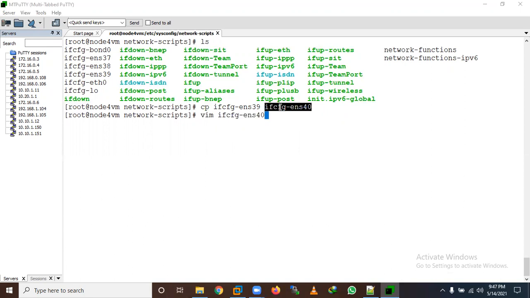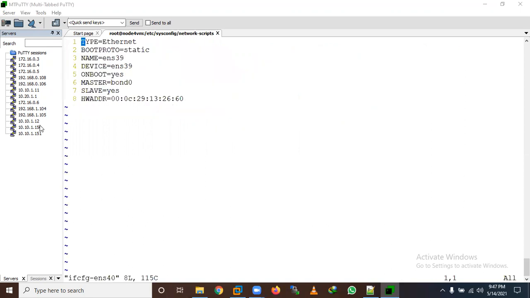If you don't want to copy it, you need to add at least these options. These others are not required. We require TYPE=Ethernet and BOOTPROTO=static. If you are using DHCP, then instead of static we need to use dhcp.